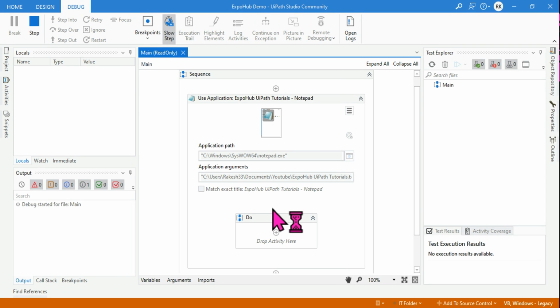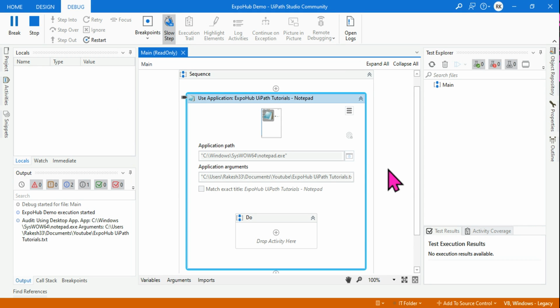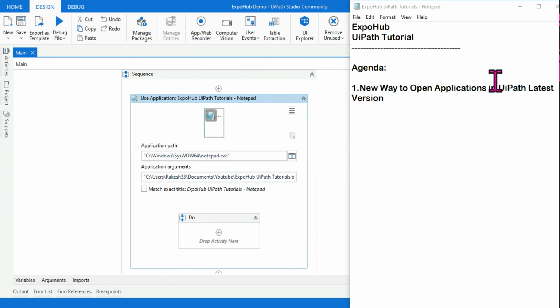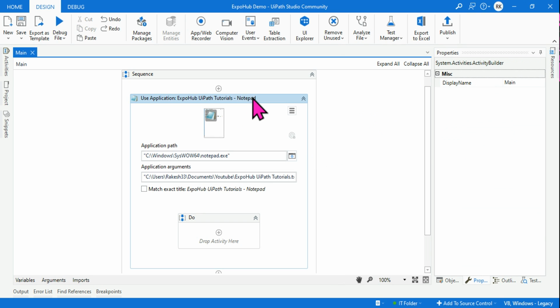Before that, let's close all the notepad instances. Let's give it a quick second. Now you see the exact file has opened, and this can be applied to any application, such as Word, for example. For Excel we have a specific activity, but let's say Word, or any kind of file, or PDF, anything you would like to open, you can try. Or any application such as calculator, you can use this and try to open that.